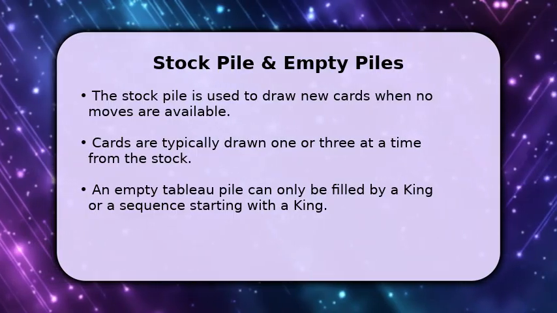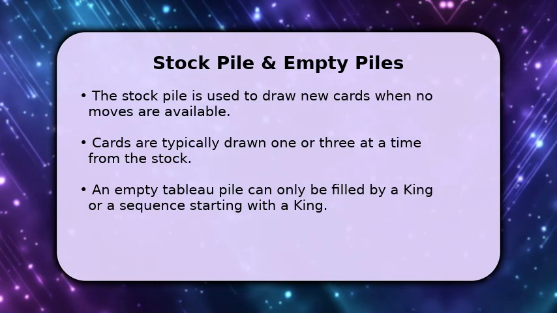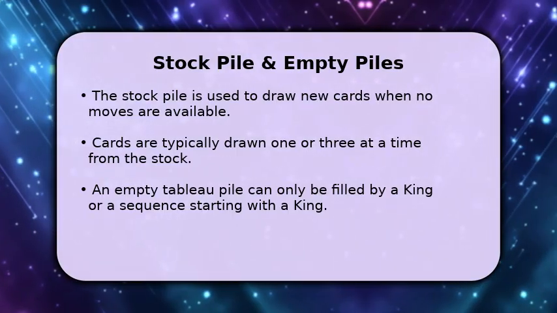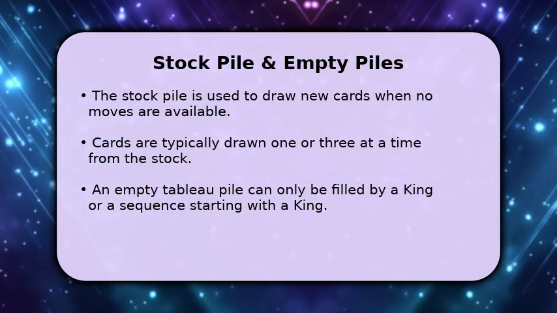be playable. If you manage to clear an entire tableau pile, creating an empty space, only a king, or a sequence of cards starting with a king, can be moved into that empty slot. Keep playing, moving cards to the foundations, until all cards are sorted or you can no longer make any valid